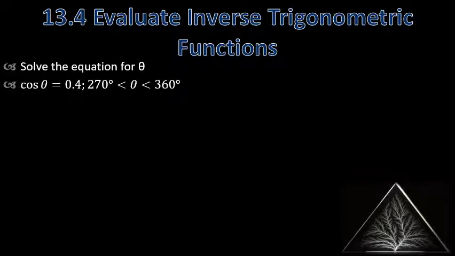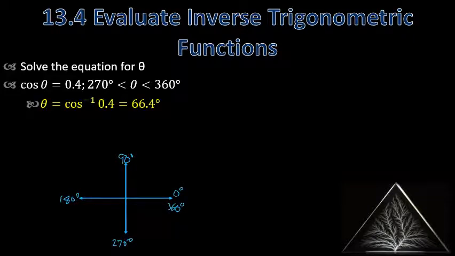Solve this equation for theta. Cosine of theta equals 0.4. Well, you have to think. If I'm looking for my angle, what do I use? That's right, use the inverse. So it'll be inverse cosine of 0.4. Put it in my calculator and I get